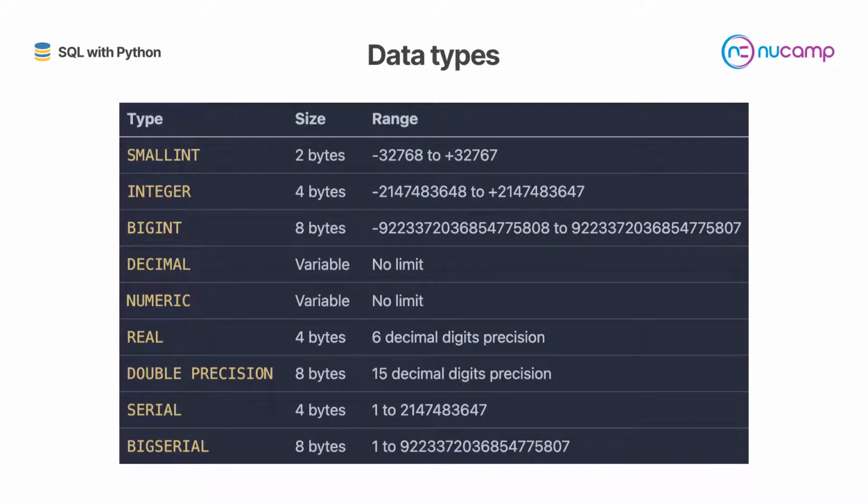An important choice to make when creating a database table is the data type of each column. We've mostly worked with the regular integer type, but you may not be aware of all the options for storing numeric data. This table lists some of the supported data types, along with their size and the range of values each size allows. For example, let's say you are certain that a given column will never have a value greater than